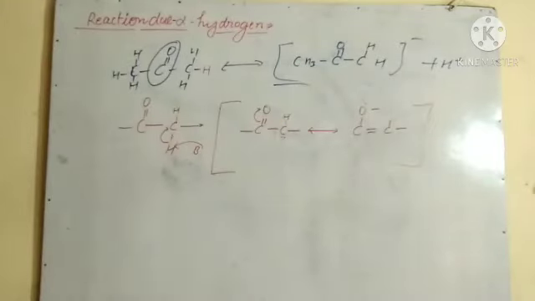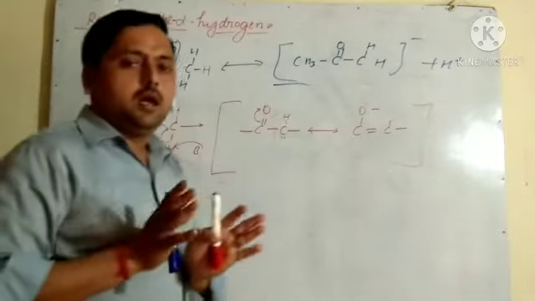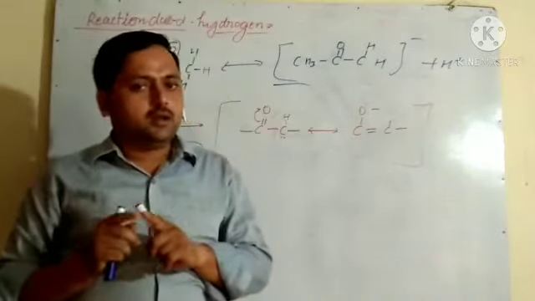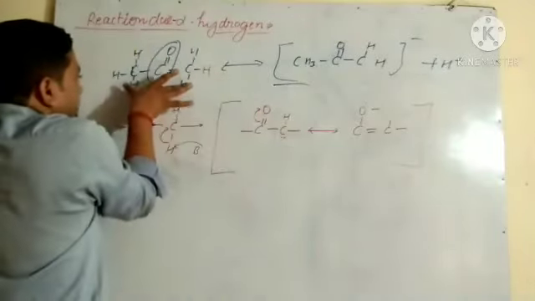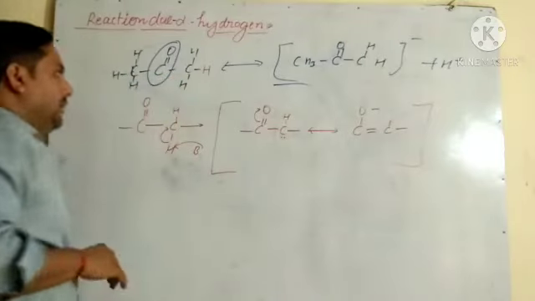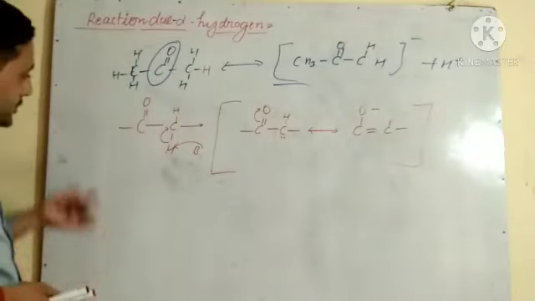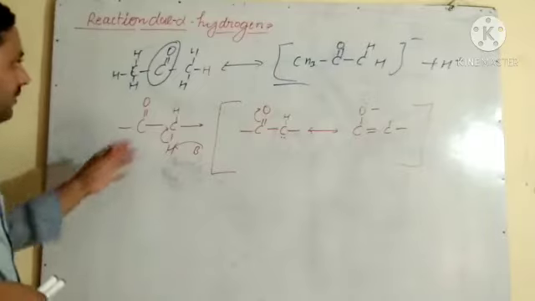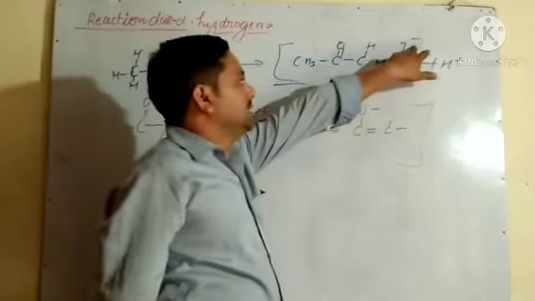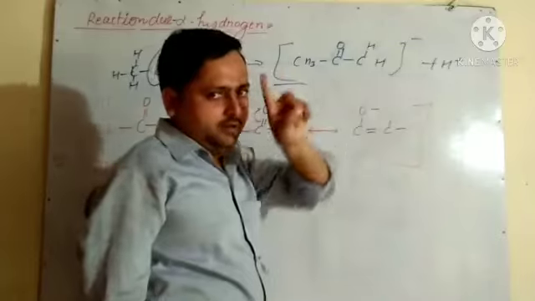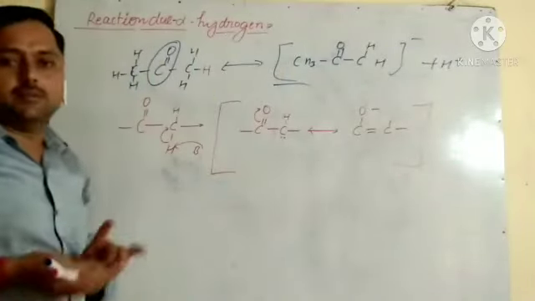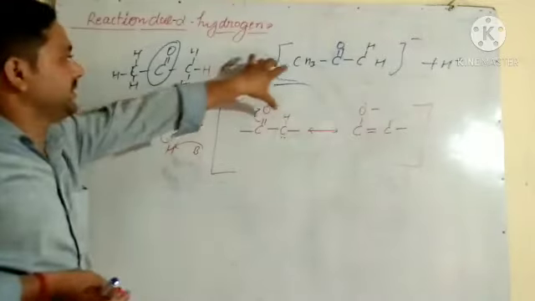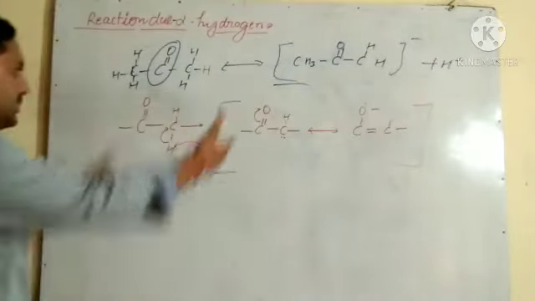So what difference is there? Only one proton difference. Conjugate acid and base differ only and only in one proton. So that is the conjugate base of this. When it loses one proton, it forms an ion, that is the conjugate base. In 10th class you have already studied what conjugate acid and bases are. I will not clear it more here. That much was needed, so I told you. Okay, let us move to our point.